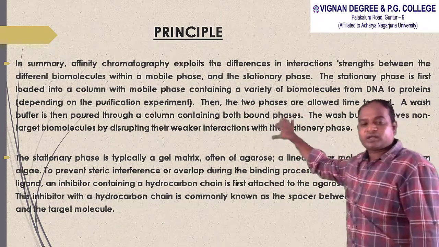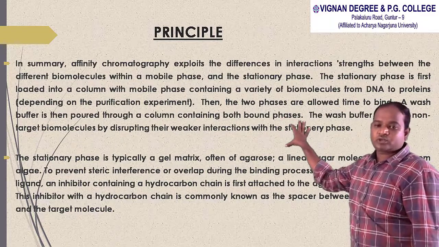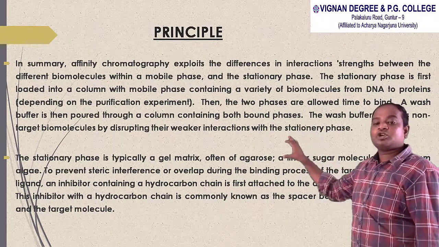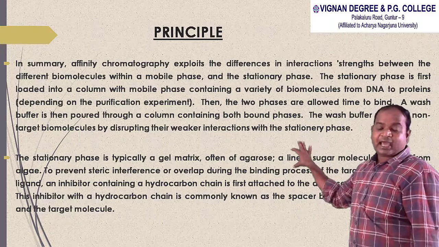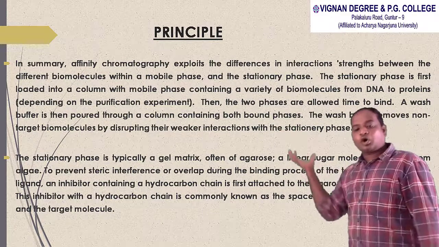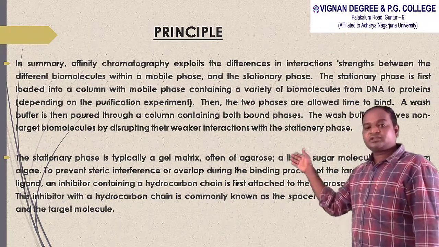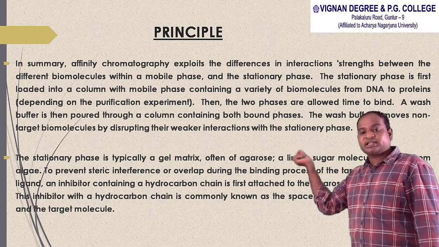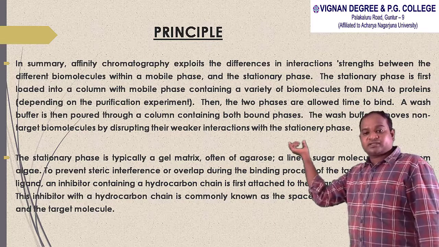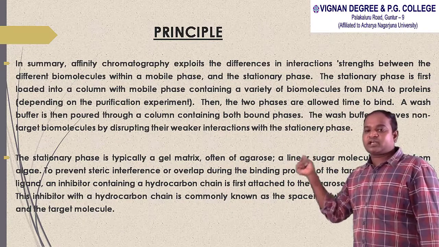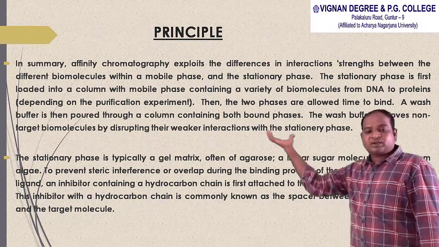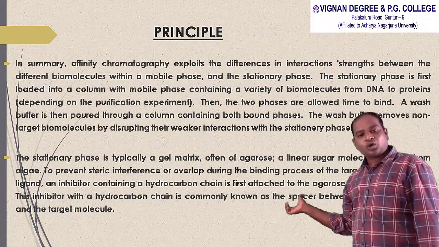So what I am explaining is, I already said that the interaction between the stationary phase and the ligand, the substrate analog, should not involve any chemical reaction. Further, to avoid this chemical reaction, after adding the stationary phase to the column, you put a small hydrocarbon chain, a spacer between the substrate analog and the stationary phase. This hydrocarbon chain doesn't allow the reaction between the stationary phase and the substrate analog. In this way, we are preparing a column setup.